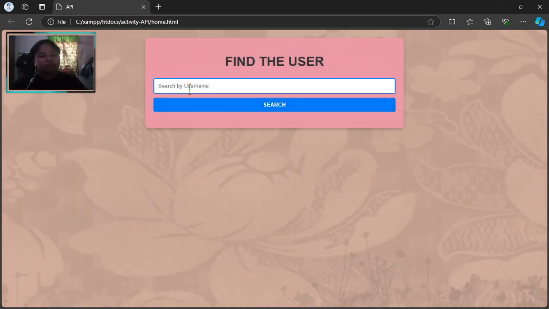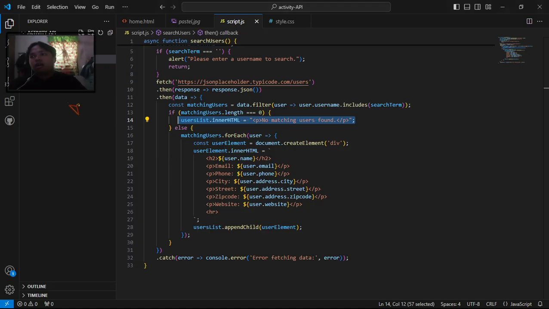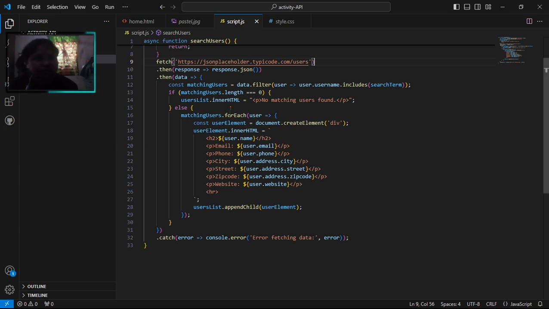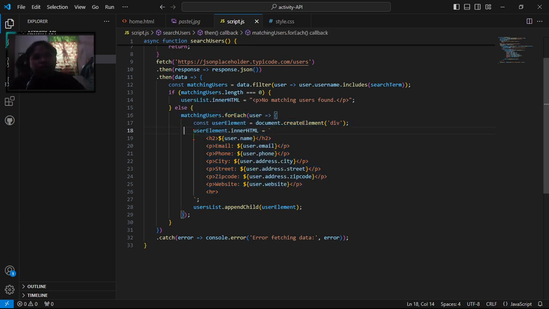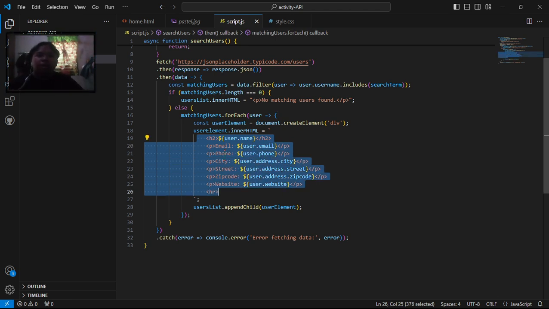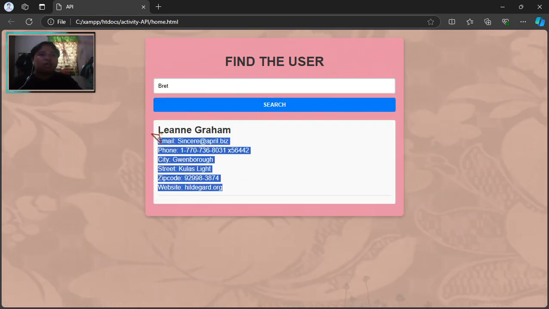If I search my name, it doesn't show, because that username is not in the JSONPlaceholder data for users. But if the username matches a user, this is the display of the user info.